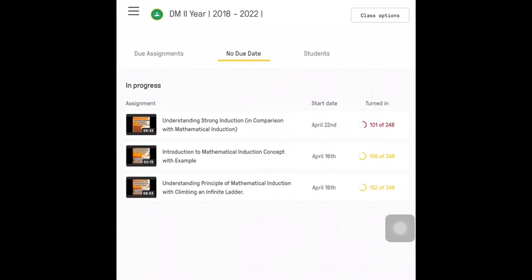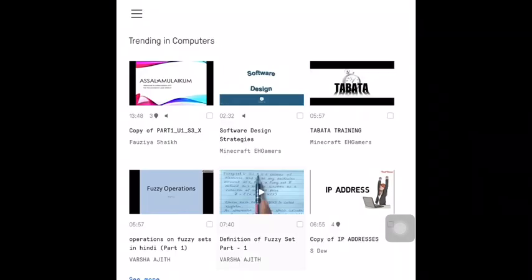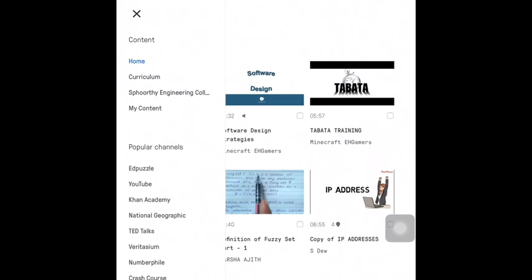It is not mandatory to prepare the video yourself. You can also import videos from various resources like Edpuzzle, YouTube, Khan Academy, National Geographic, TED Talks, and there are so many more. You can use that ready-made content and make assignments. It is better when you make your own videos, have your own questions, and upload them as an assignment.